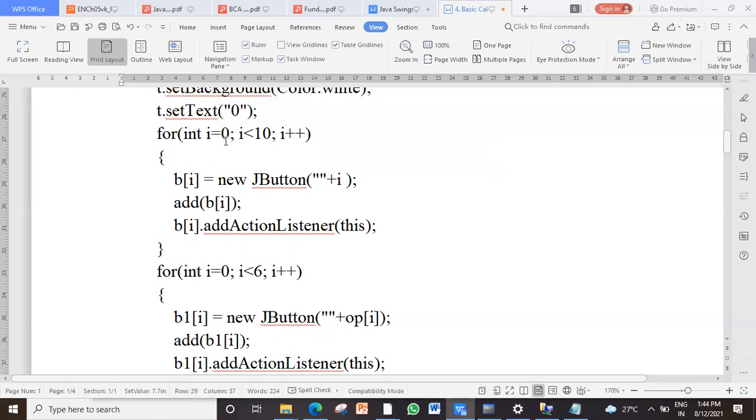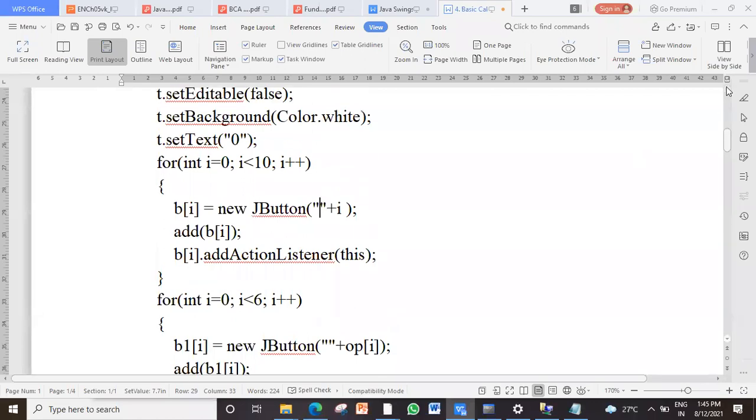Now i is an integer and on the button caption we require a string, right? So to convert that, we concatenate with a blank string here. One more care you have to take: don't give a space in between. Have two pairs of double quotes attached to each other. That gives rise to errors many of the times.